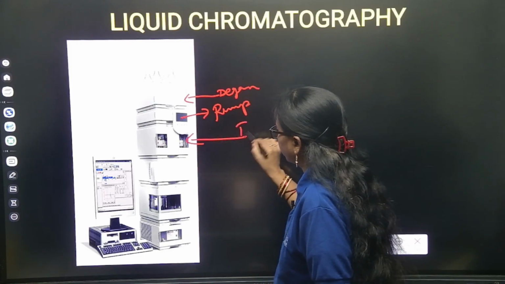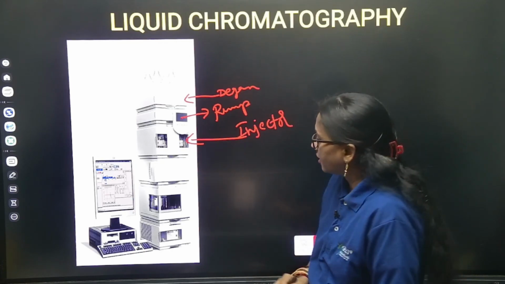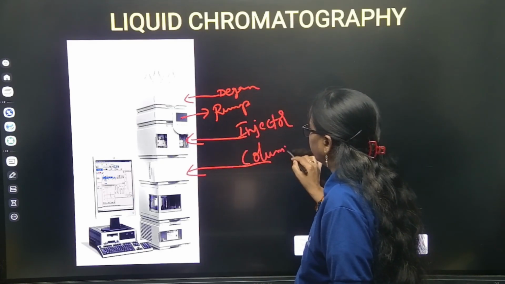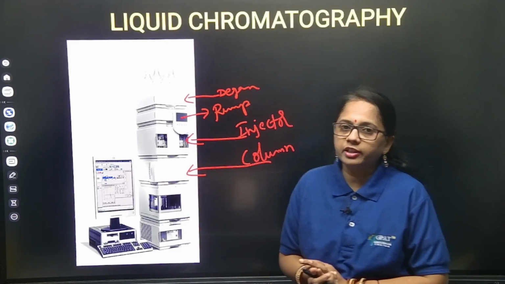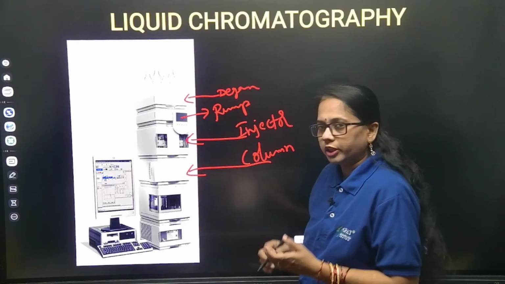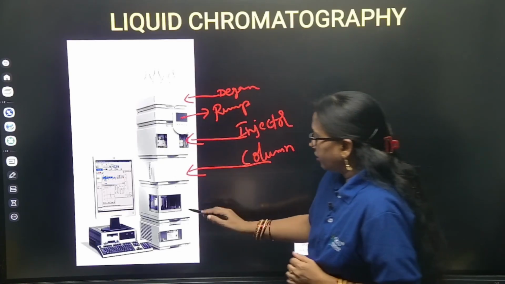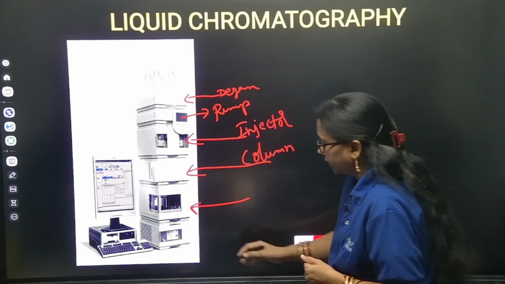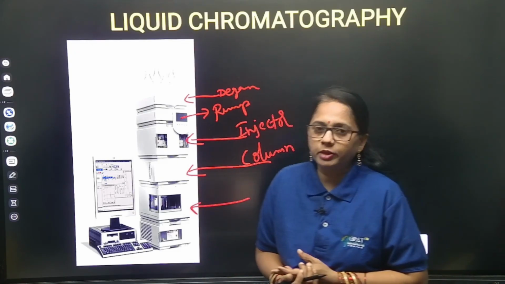So this is the injector, in which we are going to put all the HPLC vials. And this is the column compartment where we are going to place the column. The entire column is maintained under a certain temperature also. So a column oven is present, we can maintain up to 60 degrees, 80 degrees also. And afterwards you are going to see the detectors. You may have 1 or 2 types of detectors attached to the